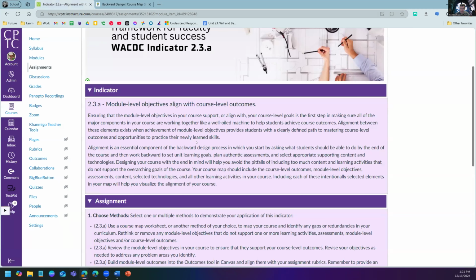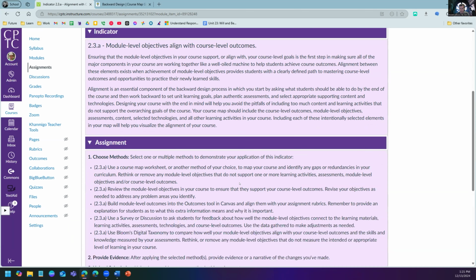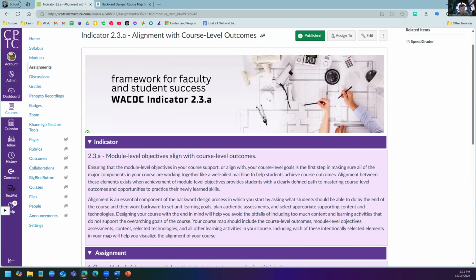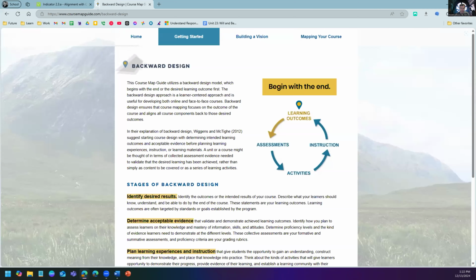Starting with the end in mind. Designing your course with the end in mind will help you to avoid the pitfalls of including too much content and learning activities that do not support the overarching goals of the course. Your course map should include the course level outcomes, module level objectives, assessment, content, and selected technologies, and all other activities in your course. Including each of these intentionally selected elements in your map will help you visualize alignment in your course. So that's what I wanted to focus on in this lesson today, is filling out a